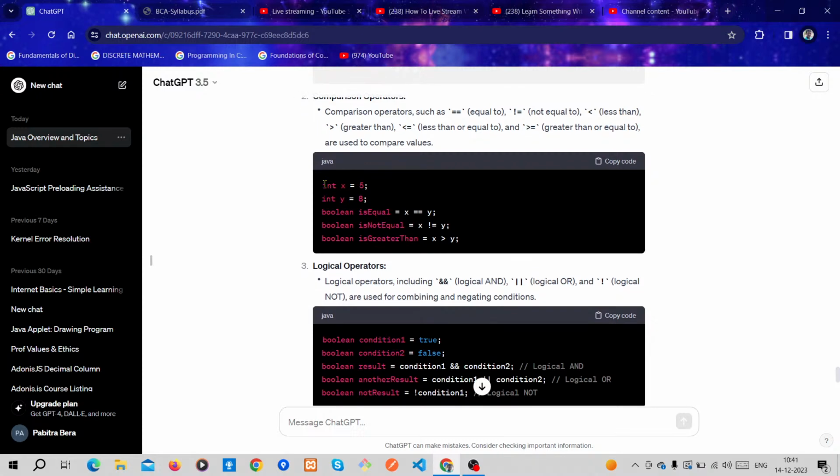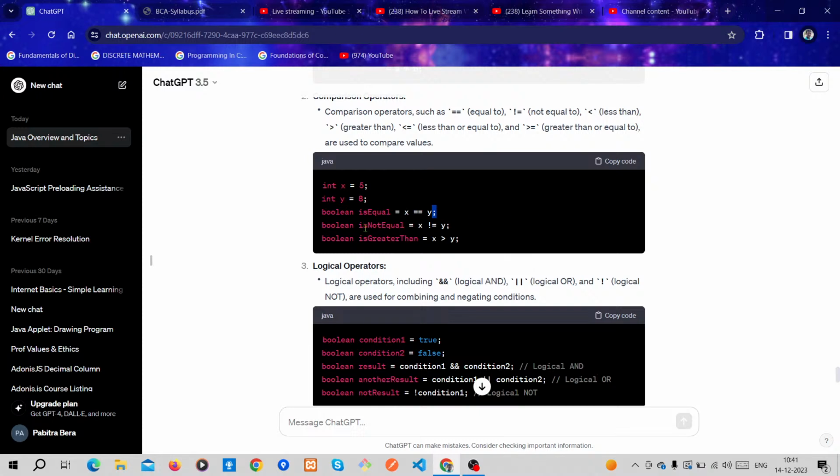Here you can see int x is equal to 5, int y is equal to 8, boolean isEqual. Here the single equal sign is the assignment operator, meaning this operation's result will be stored in the isEqual variable. The double equal is the comparison operator, which will compare x and y, whether the x value is the same as the y value or not.